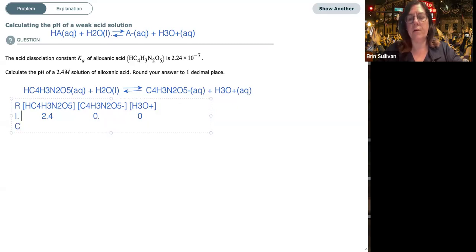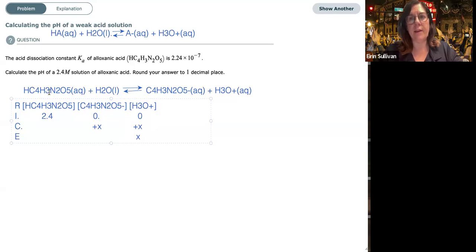So we're going to need a change row and our equilibrium row. The easiest thing to do is to say, at equilibrium I want to solve for the concentration of hydronium, so I'm going to make that X. So what has to change in order to get from these initial concentrations to the equilibrium concentrations? Well, we are going to form X amount of the hydronium ion. Looking at the balanced chemical equation, simultaneously we're also going to form X moles of our conjugate base,